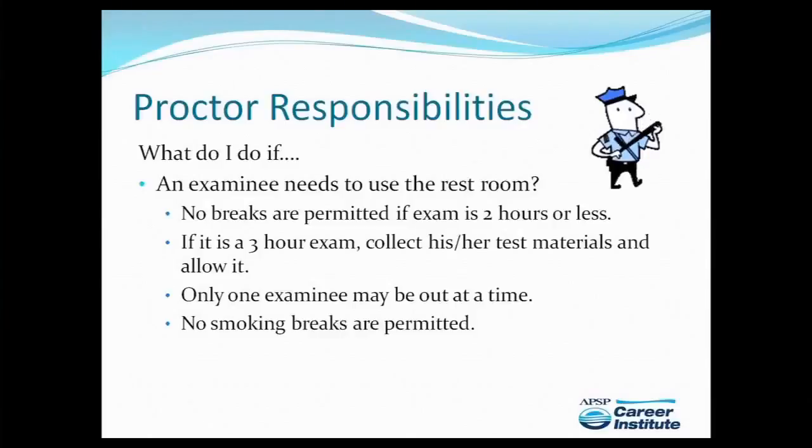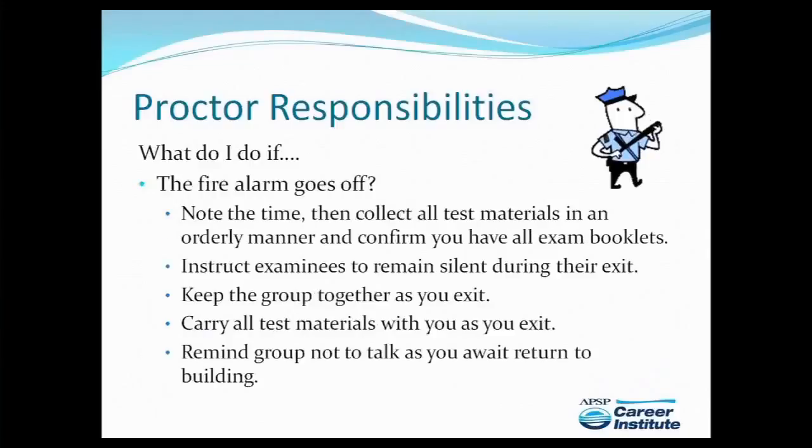If you have reason to believe that the break is being used to go beyond the restroom, then make note of it for APSP staff to consider. This break is part of the 3 hours allowed, so no additional time is given for the period of the break. Many test administrations will take place in hotel meeting rooms or other public buildings, so the possibility always exists